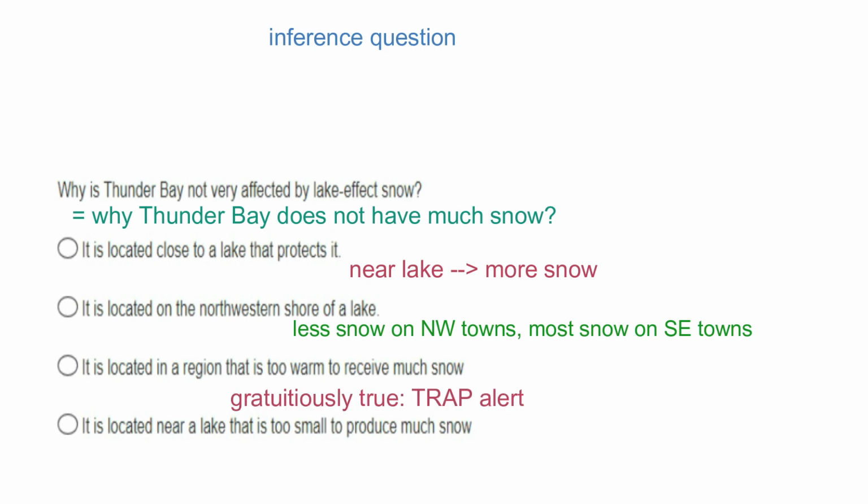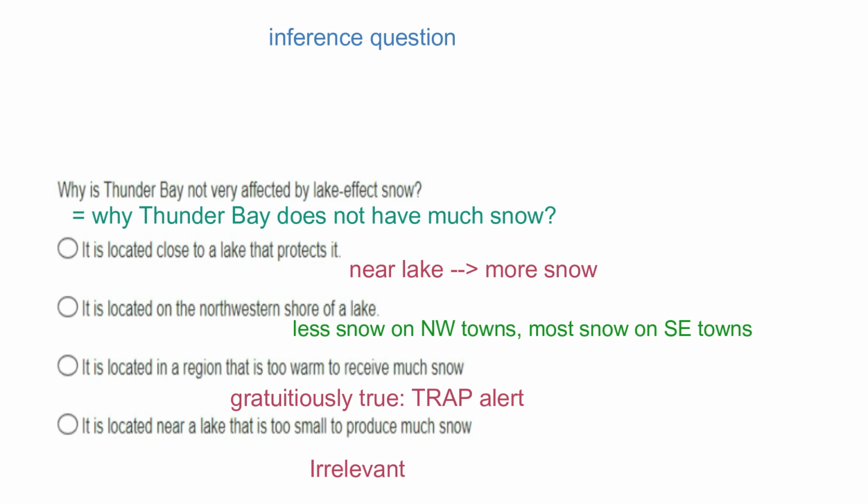C cannot be a correct choice because its truth is too obvious based on our common sense. As emphasized, an option that is true independent of the lecture content is almost always used as a trap in the TOEFL listening and reading. D is suspicious. Thunder Bay has to be somewhere around the Great Lakes, and the lakes are called great because of their sizes. So talking about the size of the lake should be irrelevant. For this reason, we can eliminate D. So B has to be the answer.